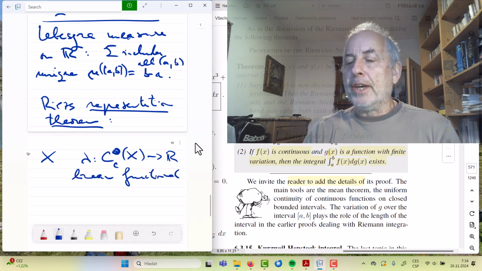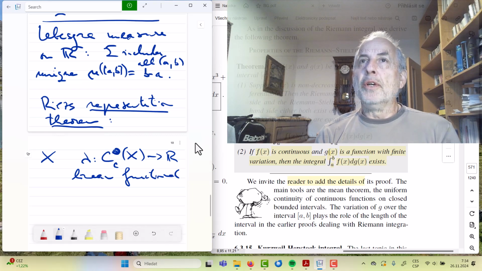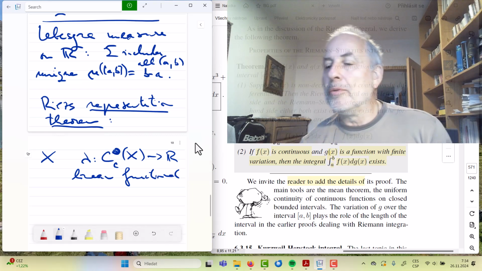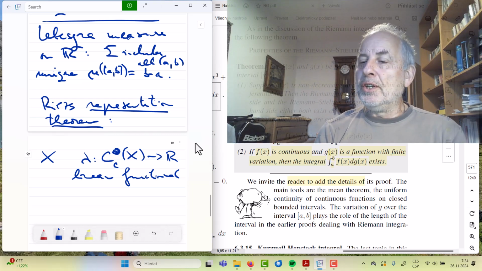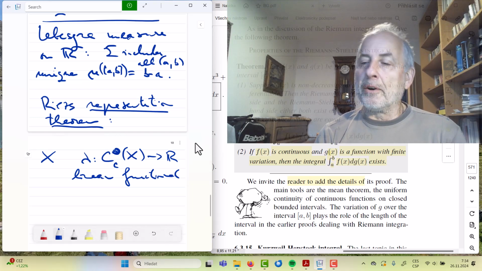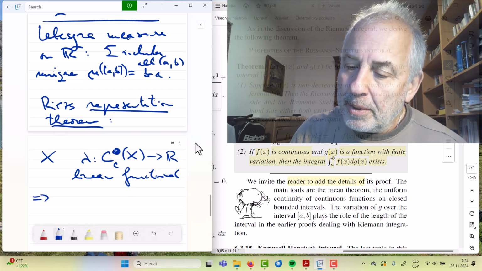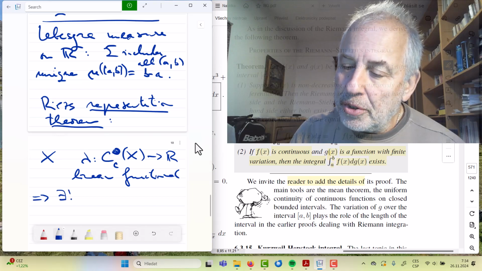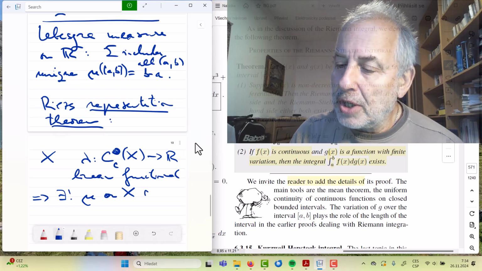We know what it is. It's just a linear map. The space of continuous functions is a vector space. We know what linear means, and linear functional means that the values are in the scalars R. No problem. And then there is exactly one measure on X such that